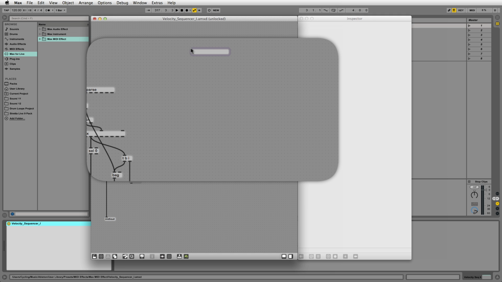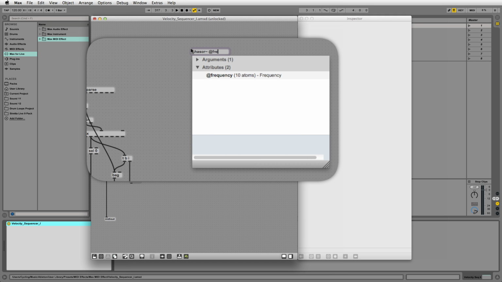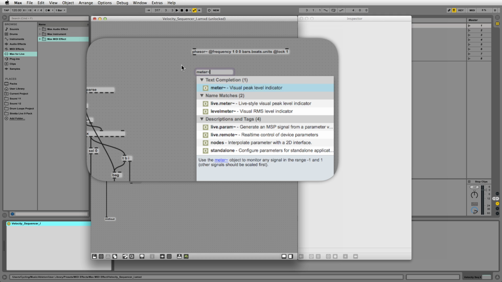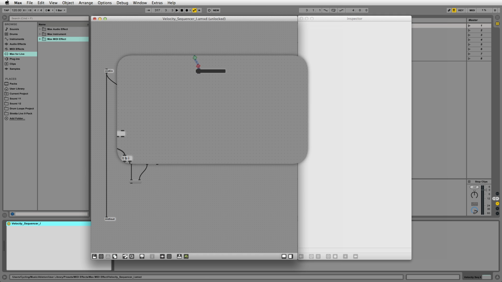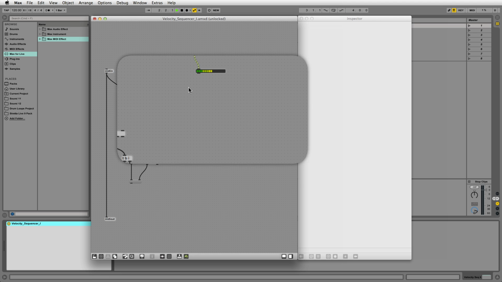Let's create a phasor~ object with the attribute @frequency 1.0.0 bars.beats.units @lock 1 and hook it up to a meter~ object. Start the transport in Live. You can see that the audio display in the meter object goes up steadily and then drops down to repeat